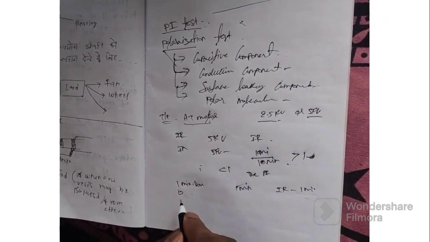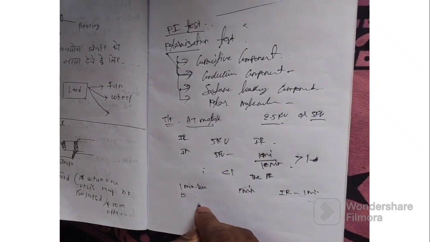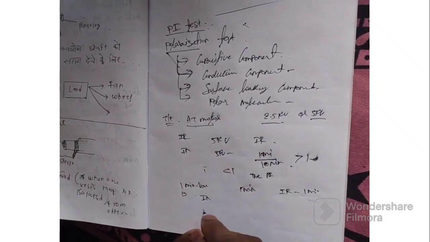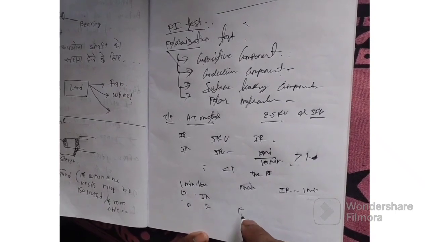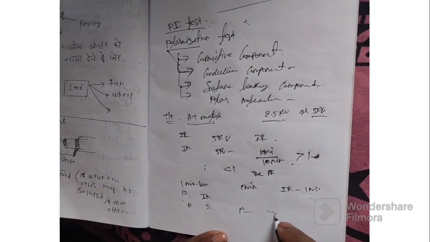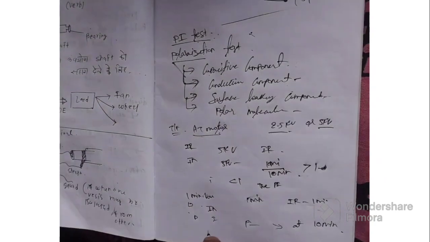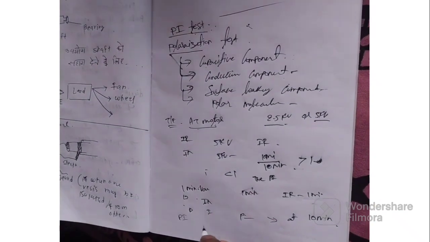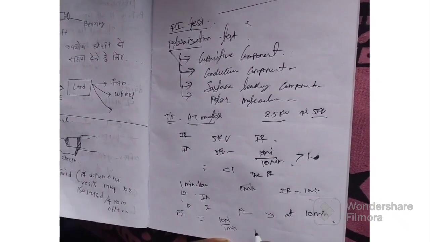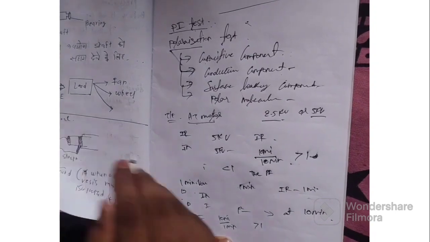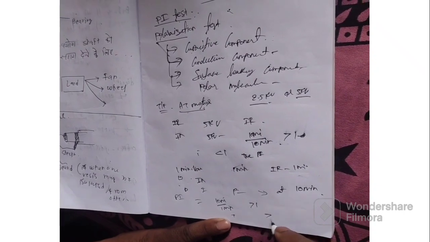In polar molecules, the polarization current is produced when DC is applied to the insulator. So whenever DC voltage is applied to an insulator, some polarization current will flow. It exponentially decays, and it takes at least 10 minutes. That's why the PI test is done as the 10 minute value divided by the 1 minute value. It should be greater than 1. In GT, UT, ST transformers, it must be 2.5.